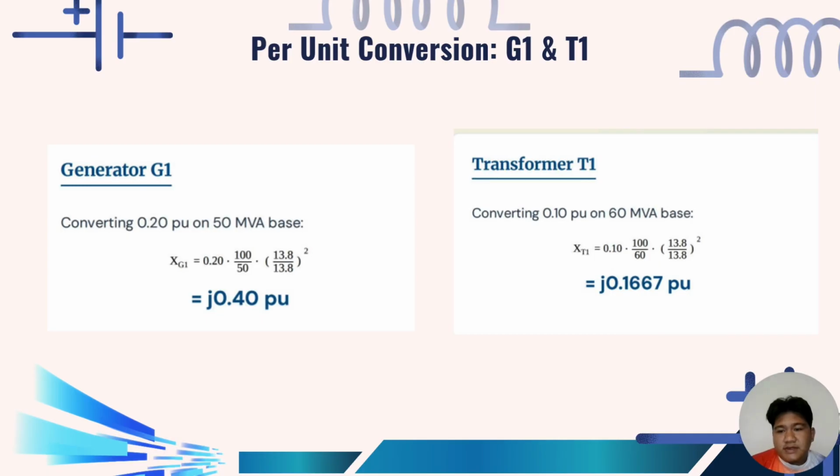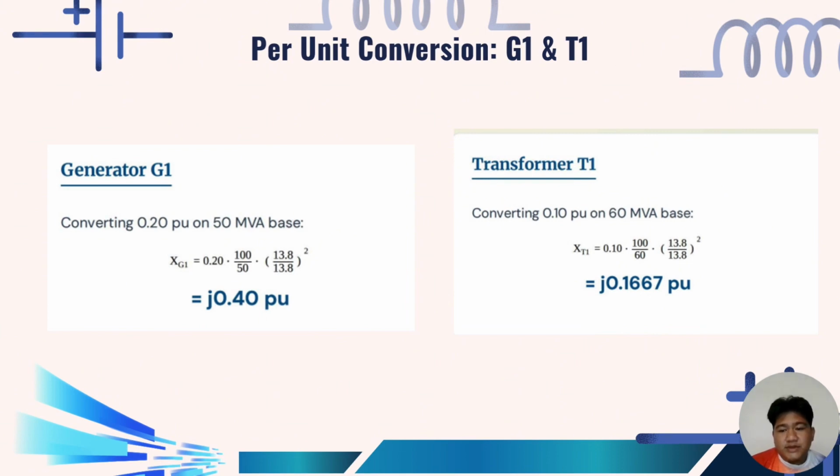So, a breakdown of this example for generator 1, which is G1, X equals 0.2 per unit at 50 megavolt ampere and 13.8 kilovolt. So we scale the impedance by the ratio of the megavolt ampere bases. Since the voltage remains 13.8 kilovolt, the voltage ratio is 1. So X generator 1 equals 0.2 times 100 over 50 times 13.8 over 13.8 to the power of 2, and then the answer is